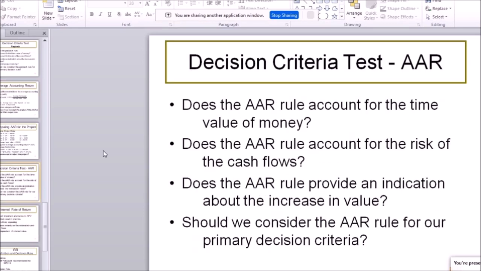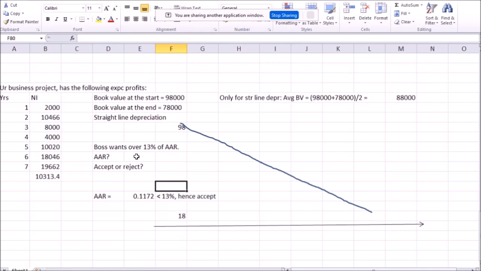Discussing the average accounting return, does it take into account the time value of money? The future dollars versus today's dollars, are we converting everything into today's dollars here? No, we didn't convert anything into today's dollars. So all of the future net incomes for the 7 years example in that Excel example, we didn't do anything with that. We just take the average of that. So this is also pretty simple. We're actually, when looking at the dollars, comparing future dollars with today's dollars. So we're actually comparing apples with oranges.